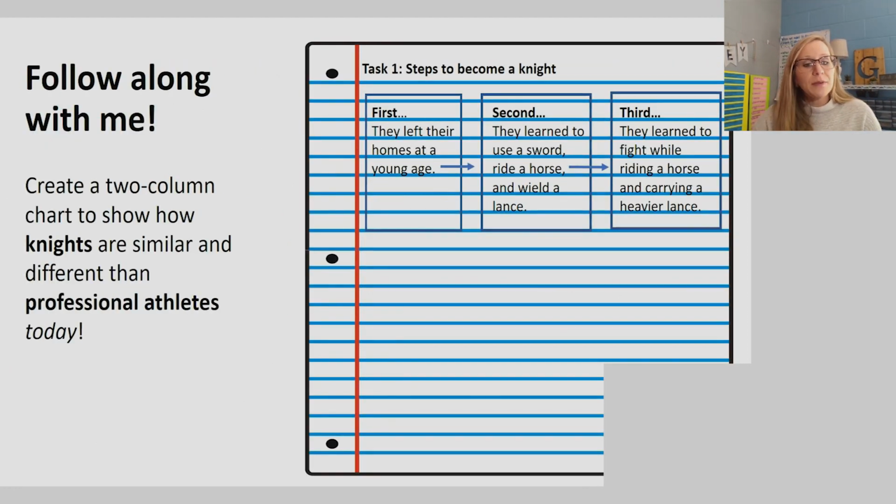Underneath our notes, we're going to be creating a 2-column chart to consider how were knights similar to our professional athletes that we have today. And even though it says professional athletes on your screen, we're actually going to take a look at baseball players. And even if you don't quite understand the game of baseball, that's okay, because I think you could really think about